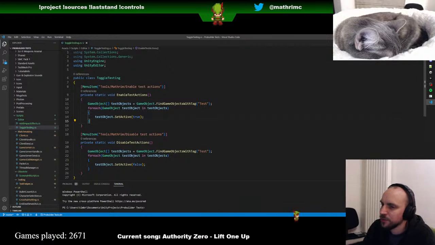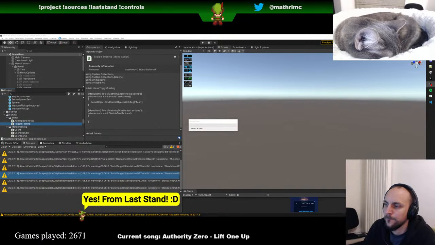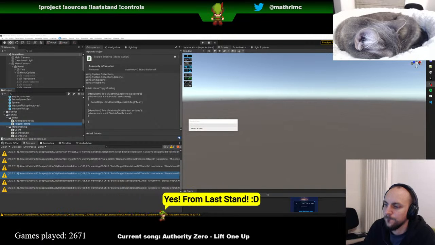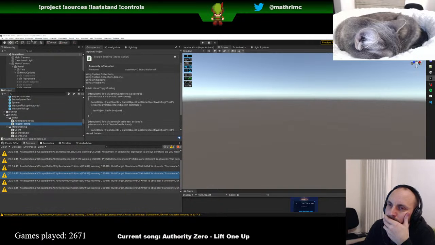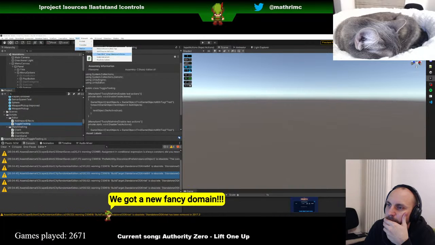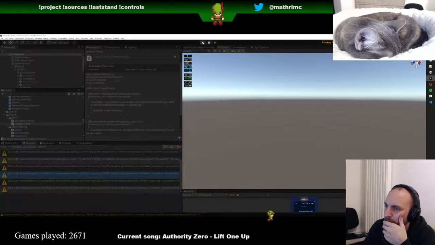That's going to be harder to change with an editor function, I think. Unless it's an editor variable. I could. So now tools, Mathrm, enable. If I now do play,